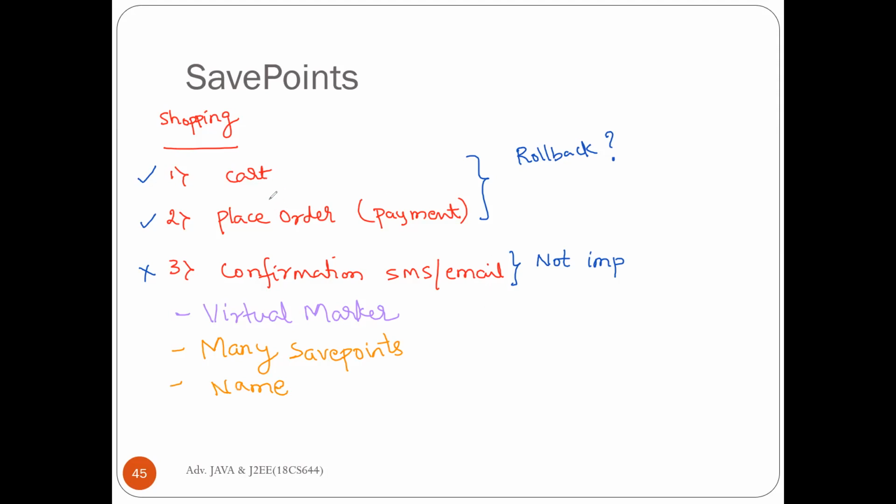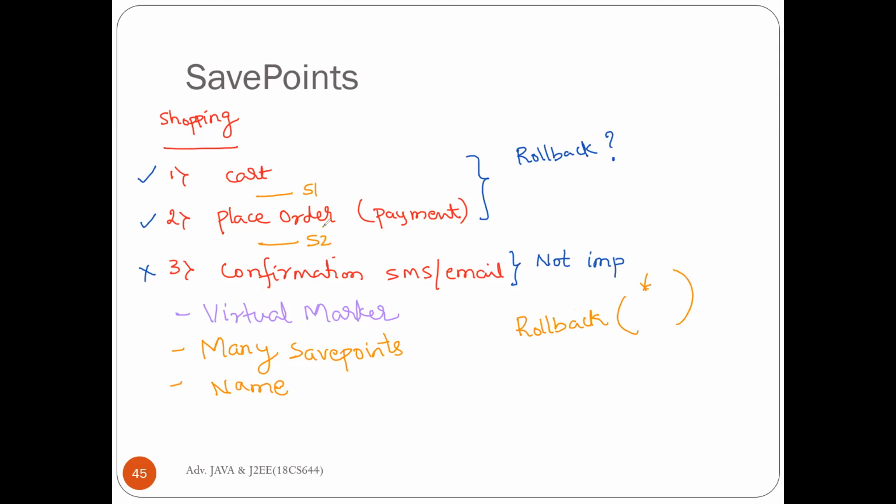In our example, let us say we have one save point, S1, and after placement of the order, we have another, S2. When the confirmation email fails, we will call the rollback method. For this rollback method, we have to supply the save point name until where the unwinding, that is the rolling back, will take place.